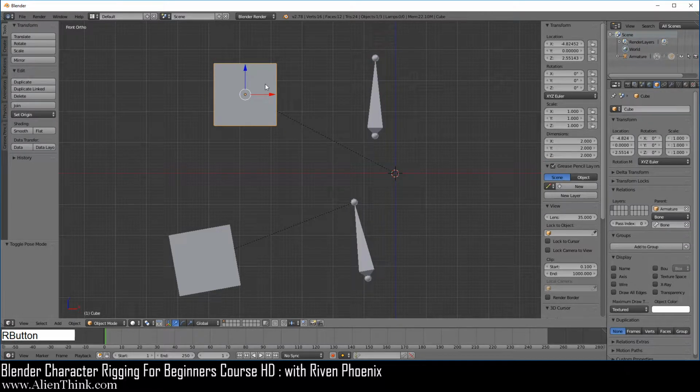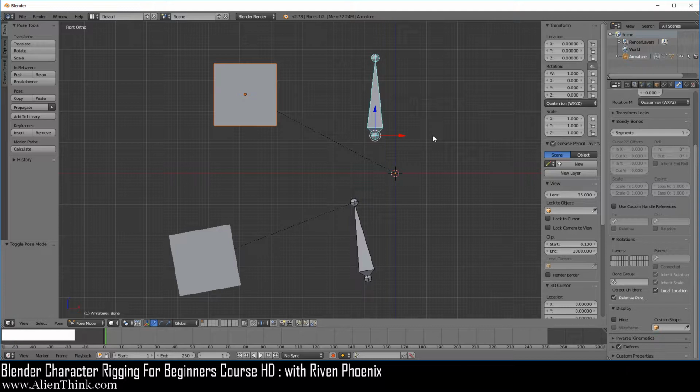So when we clicked on this bone, pressed the Shift key down and clicked on this one, and when we did Control P, Bone Relative, that's all that occurred. When you click on this bone, you can see that it just checked the box, relative parent. So that's basically the difference here.